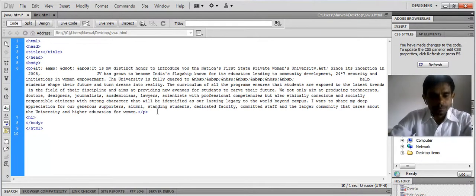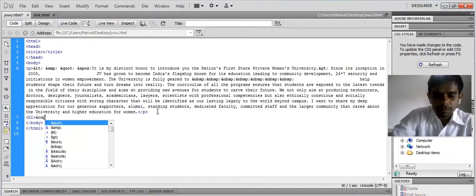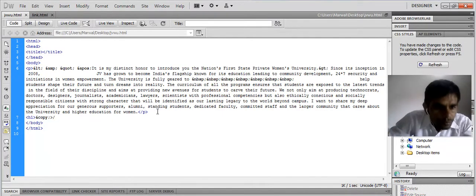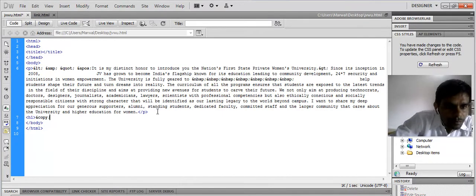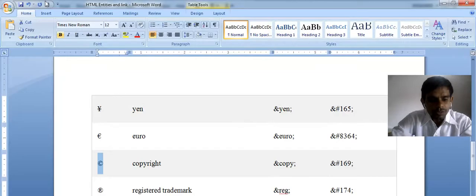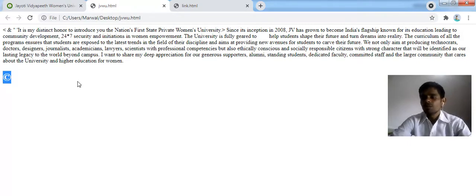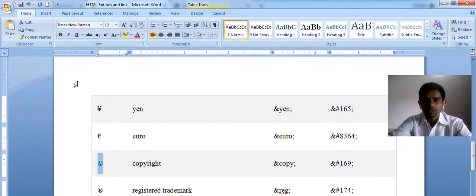H1, ampersand copy terminator, then this. Save, and the copyright sign appears. So we can use it easily.